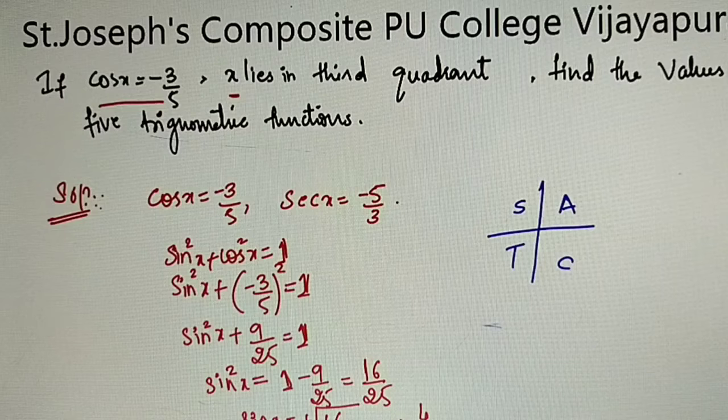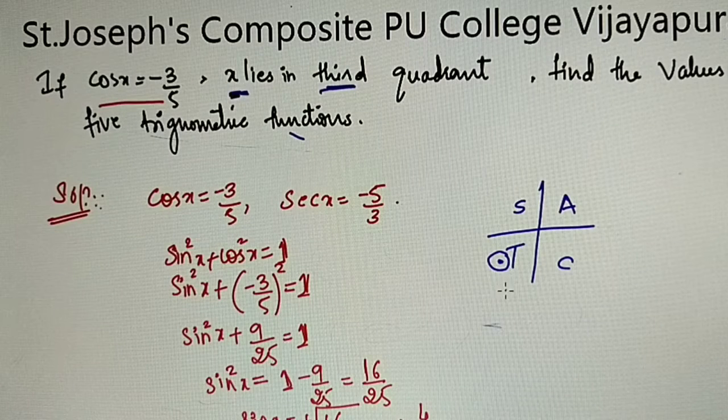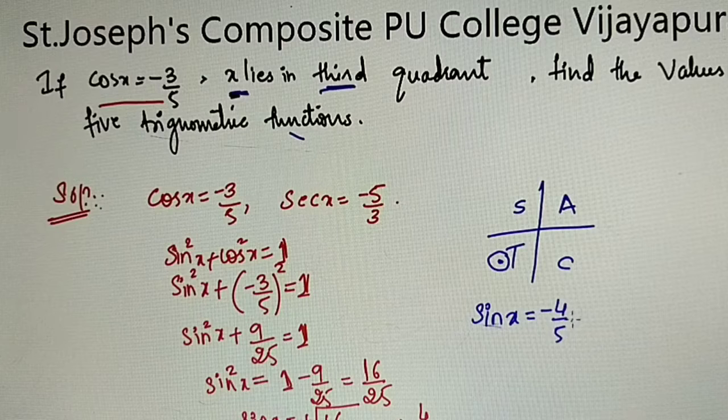So look at the question once again, in the question they already mentioned that x lies in the third quadrant. So in the third quadrant, only tan and cot are positive. It means our sine function is negative. So I have to take sin x is equal to minus 4 by 5,